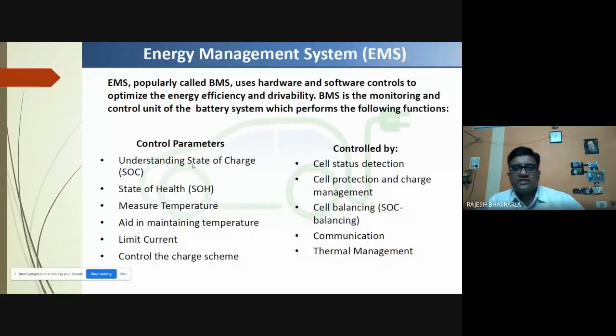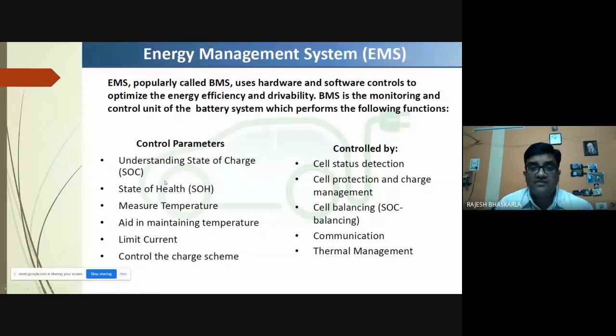From the next class onwards, we are going to start the second unit. So that is why I'm linking this topic with the second unit now. So here in this second unit, you are going to understand what is the state of charge of the battery, what is meant by that, what is state of health, what is temperature. Now, if you have a Mercedes-Benz car or any other car, do you know what will happen when you take those cars to the service showroom? Do you know what happens in the showroom?